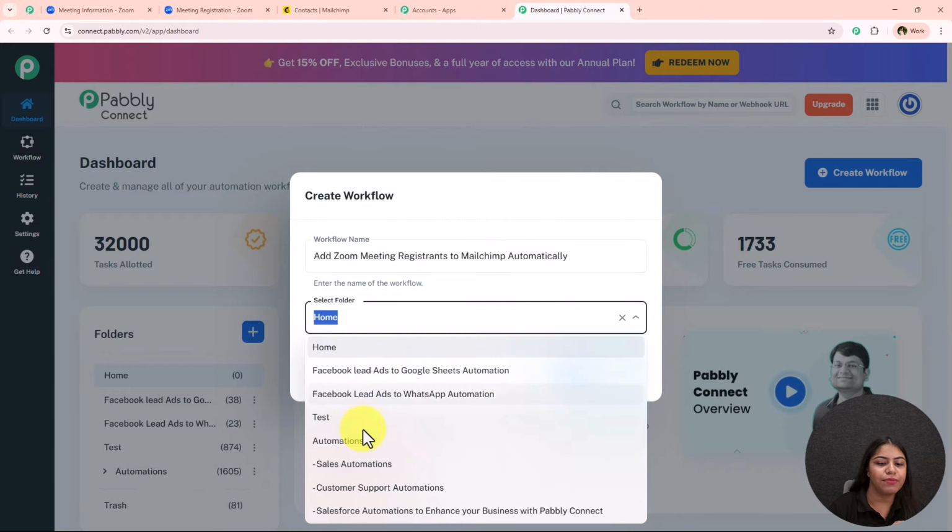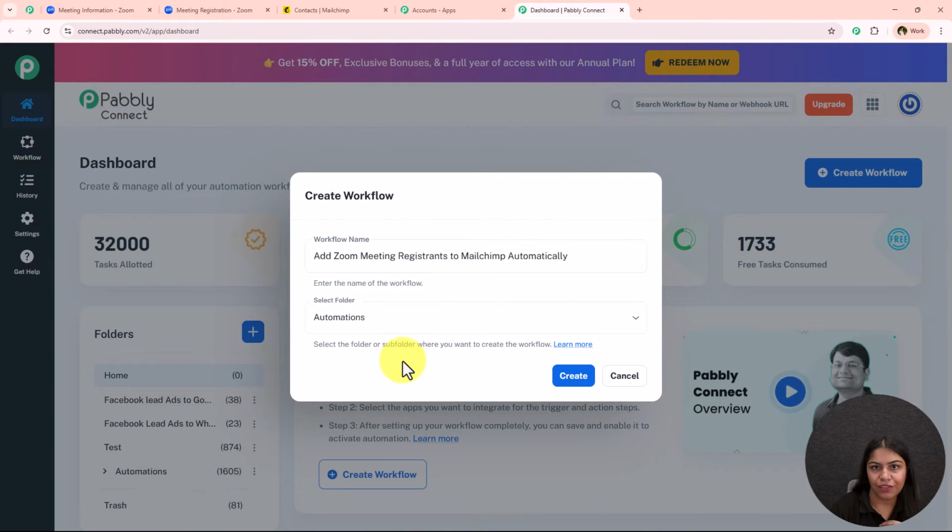Now I'm just going to simply select the folder in which I want to save my workflow, and on my dashboard you can see multiple folders which I've already created in which I save my workflows. So if you also want to create a new folder, you can simply go towards this create new folder button and create your own. Alright, I'm just going to move in further and click on this button which says create,